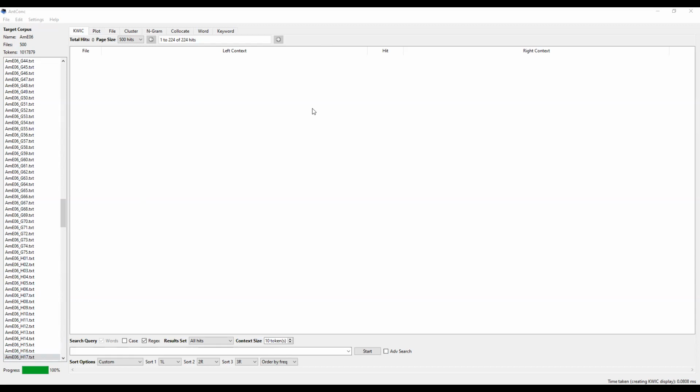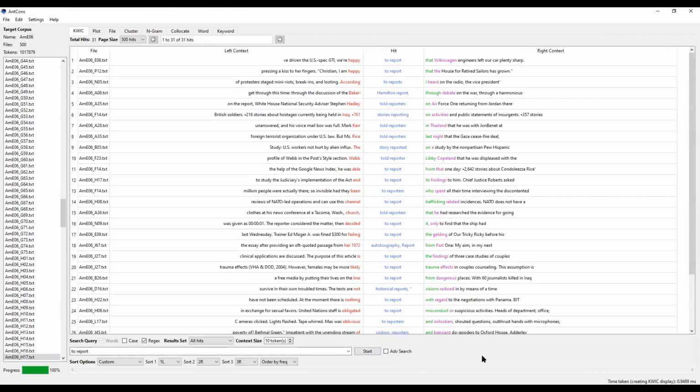Bye-bye. All right, so we're looking at keyword and context. And we're going to look for "to report." So here we have "to report" listed out here, typical results. But let's say I want to do an advanced search. Let's say I want to take a look in more detail. So what I can do,